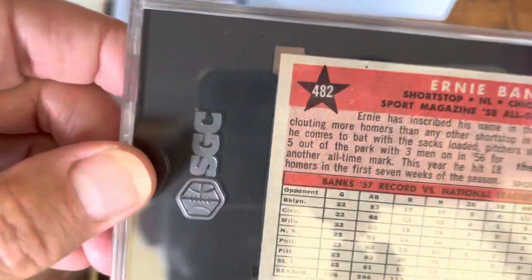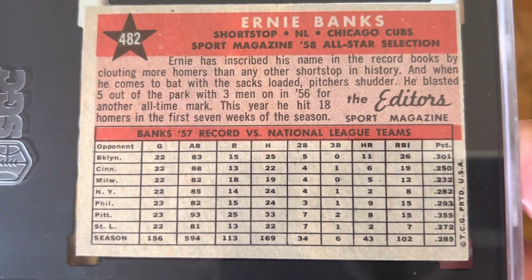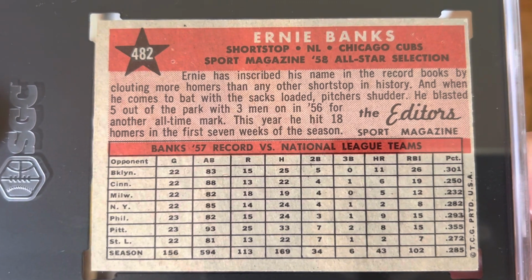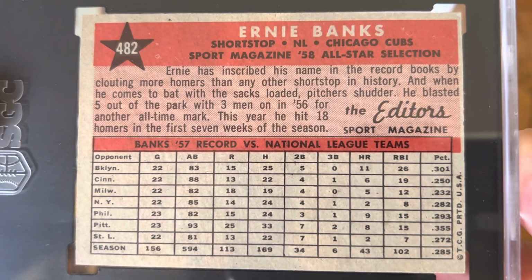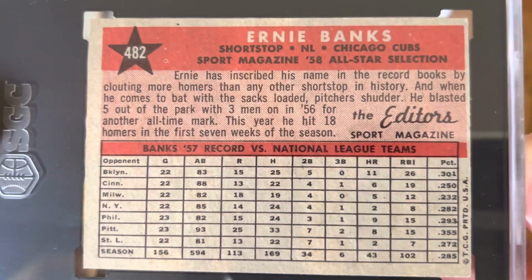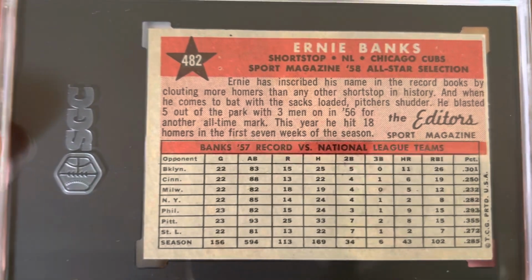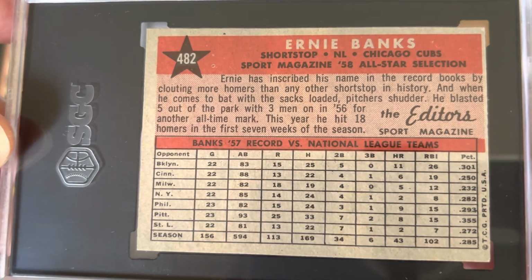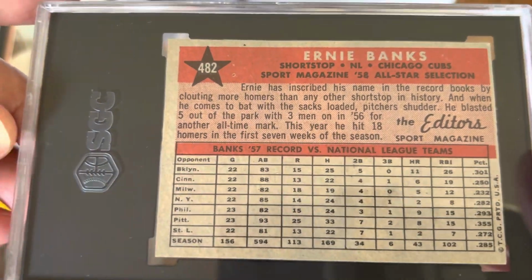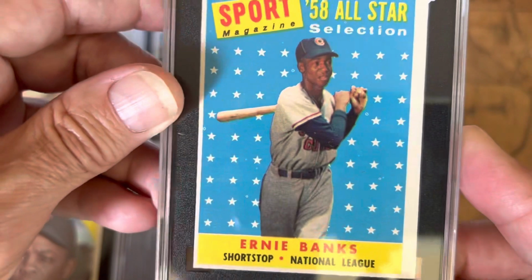Next comes another 1958 card. And this is Ernie Banks, All-Star. I did have the entire set of 1958. I did break it up. I kept the stars, and I had just a few of the stars graded. And my next submission, I'm going to go ahead and grade some more of my 62s and more of my 57s and 58s. So here is the Ernie Banks